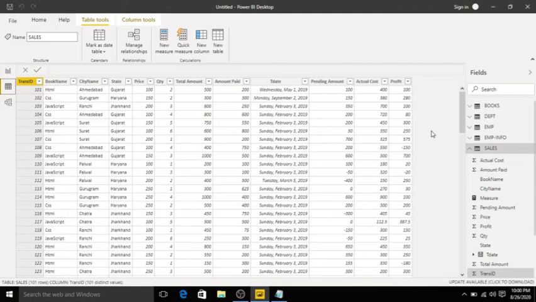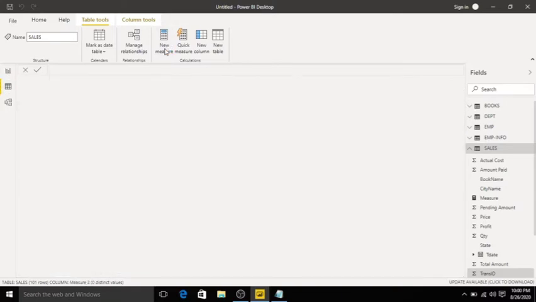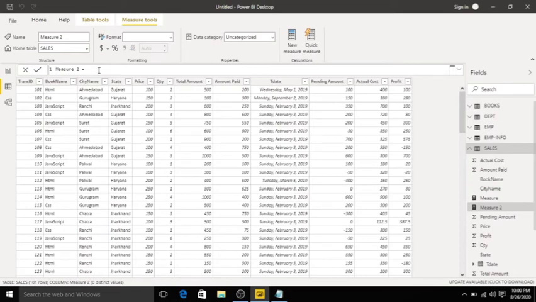I want to display only 2019 sales. In that context, we have to use the filter function. I want to perform a sum for amount paid. I will create a new measure. Click new measure. I have to use the SUMX function. Whenever we want to perform DAX expressions, we have to use SUMX.